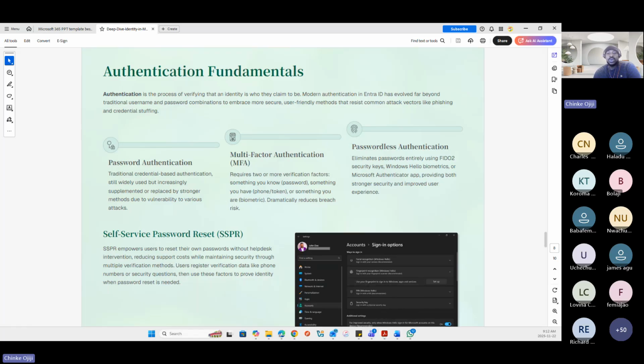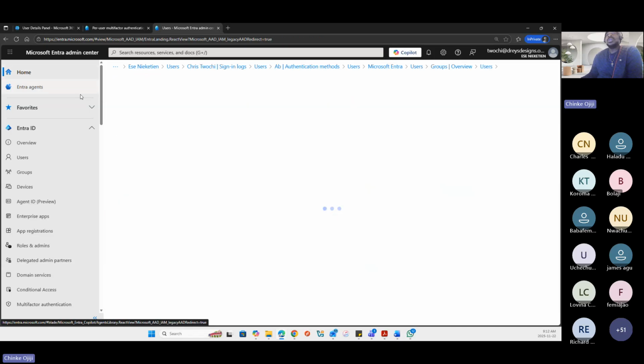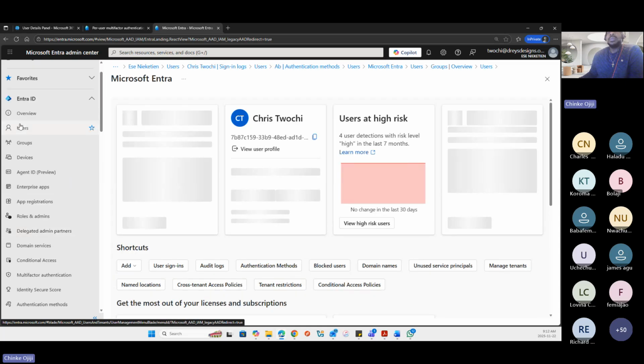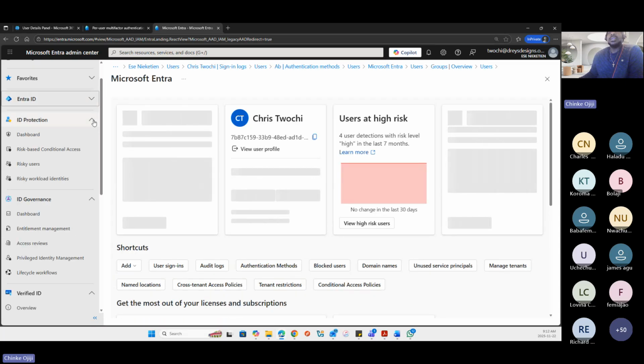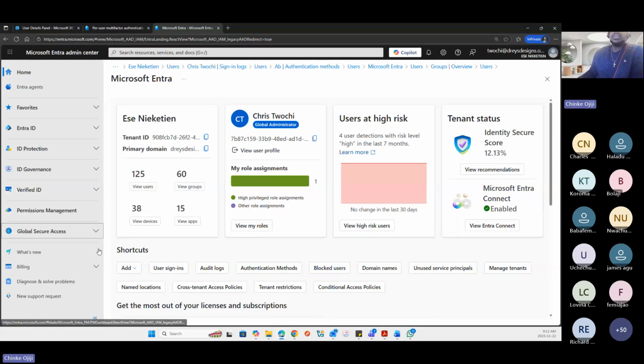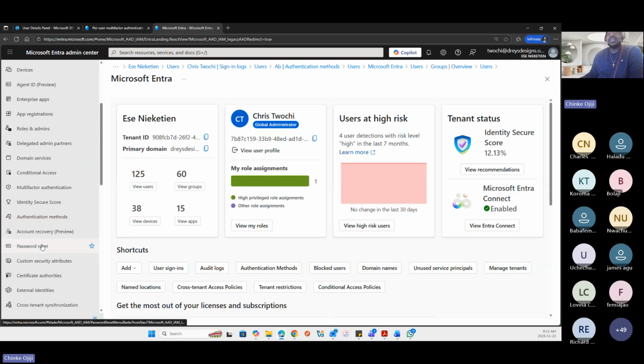I'll just quickly show us where that is. So when you go into the Entra Admin Center, on the left pane under Entra ID, these are the things you have here. You can drop down Entra ID and go to password reset.